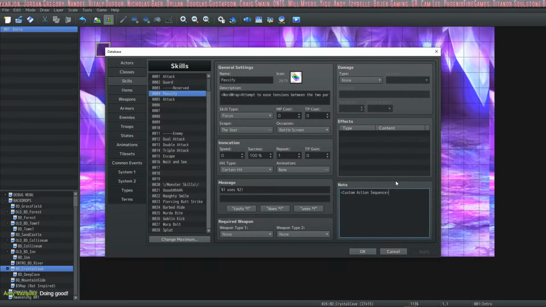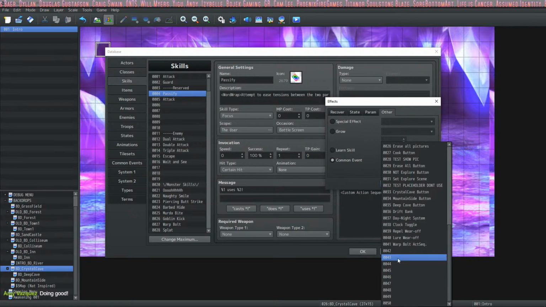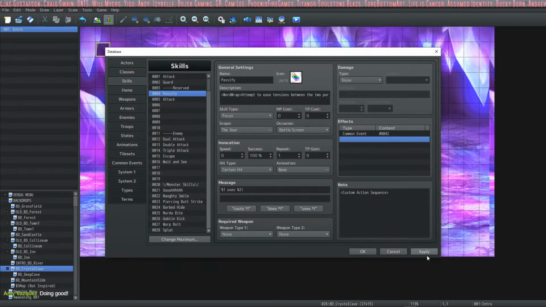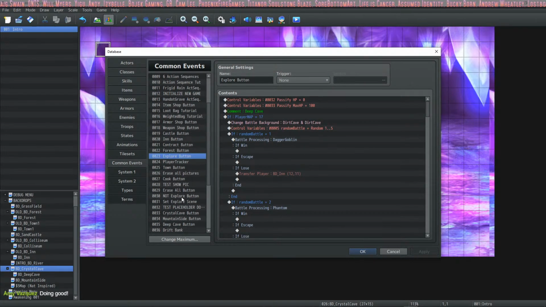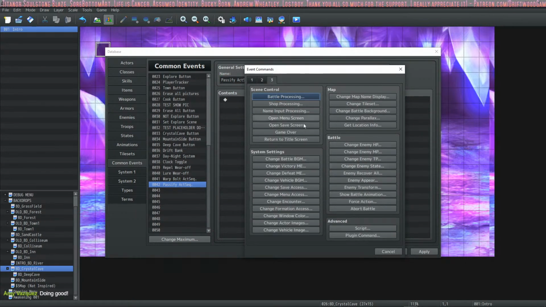We can give it a custom action sequence. Let's pick a custom action sequence. Common event, we'll write it. Common event 42. Pacify act sequence. And plugin commands.